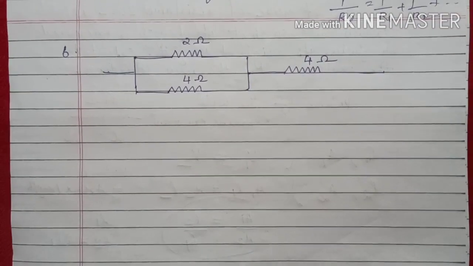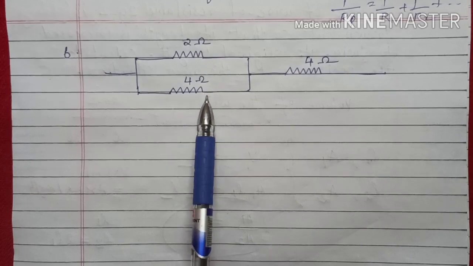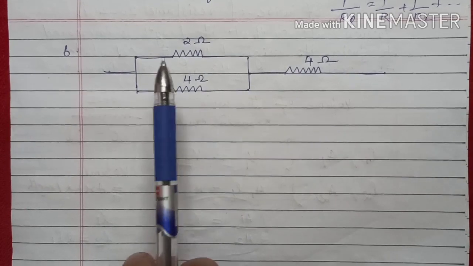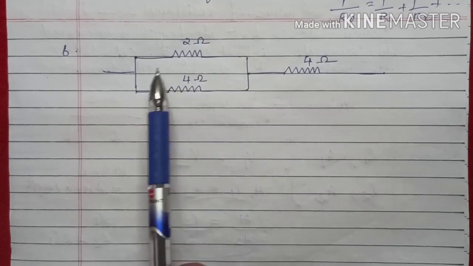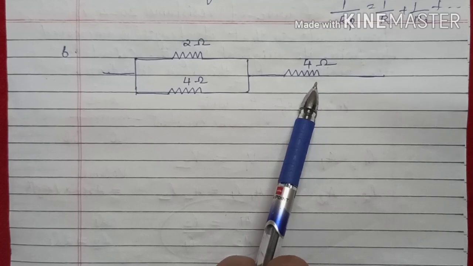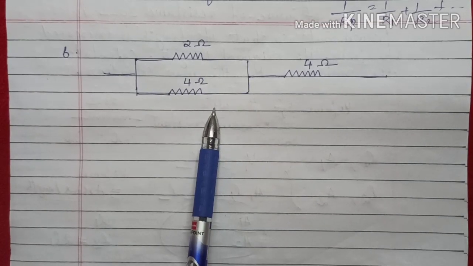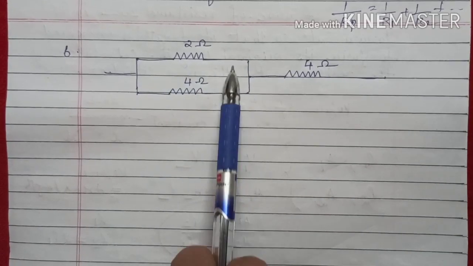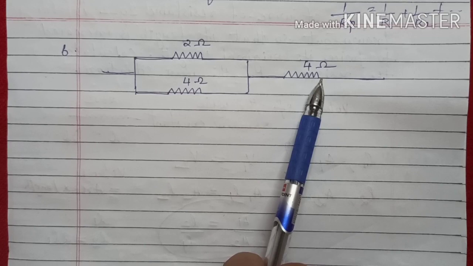First question is, look here in the figure, two resistors are connected in parallel. You can see that the two ends are connected to the common terminal. So these two are in parallel and the third resistor is connected in series with this combination. So first you have to calculate this part and then you have to do the balance part.